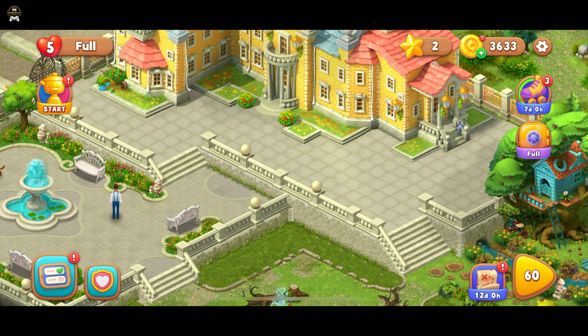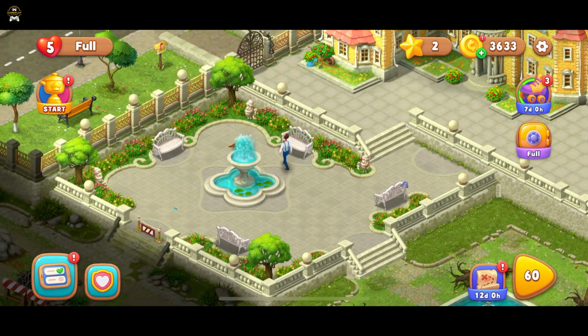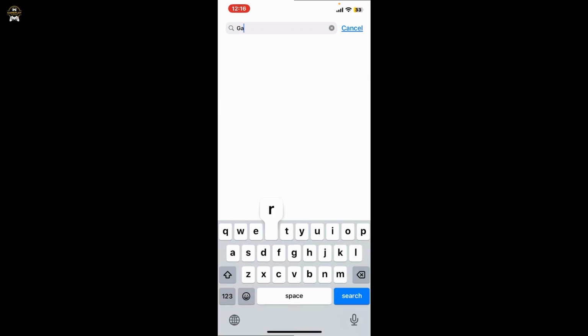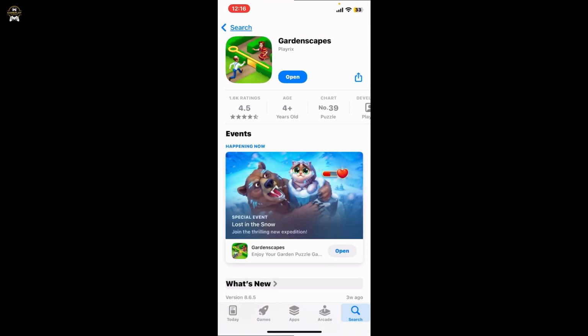To update your Gardenscapes application, first of all go ahead and open up your Google Play Store or your App Store on your preferred mobile device. Now in the search box type in Gardenscapes. Look for the Gardenscapes game, this one over here, and then look if there is an update button popping up